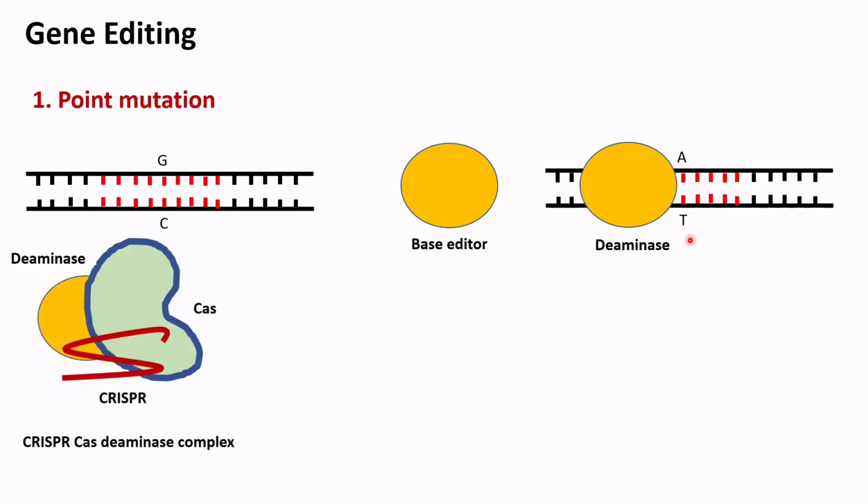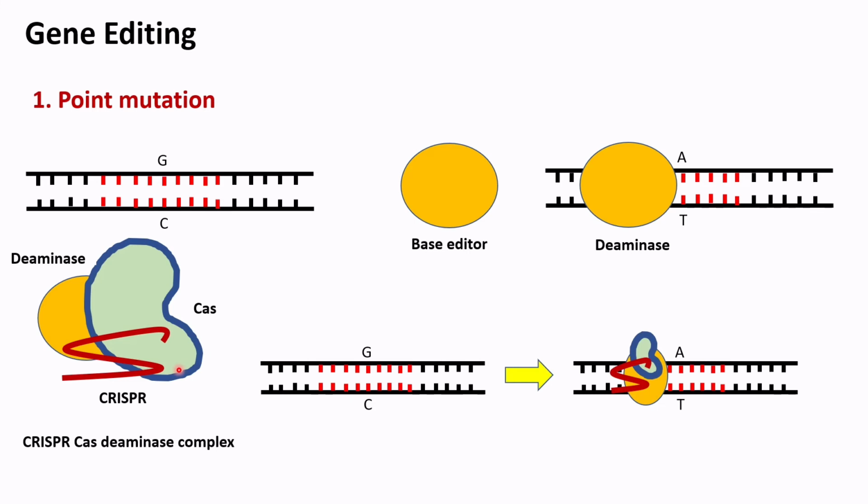Now, Cas nuclease is fused to that enzyme. Then, Cas attached base editor will be directed toward that target site by a guide RNA or CRISPR RNA. And then the base editor will do its function. Now you can ask me why are we using Cas here? Because we know Cas is a nuclease and it cuts DNA. But here you don't need to cut a DNA. Yes, you are actually right.